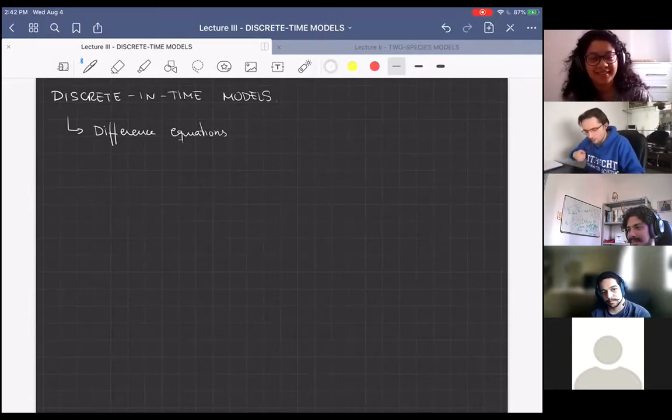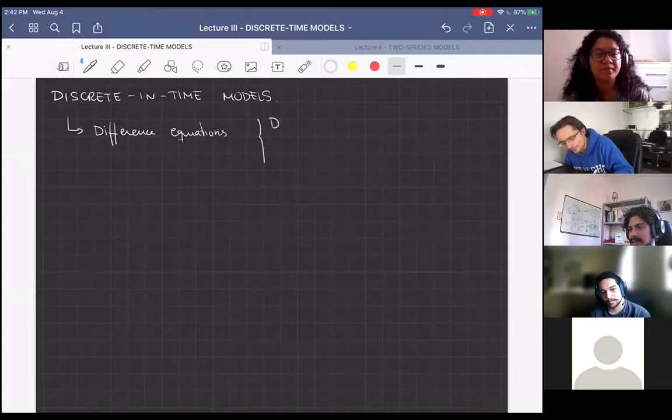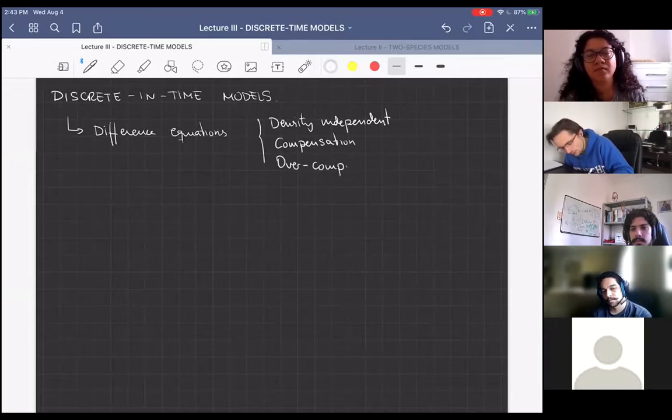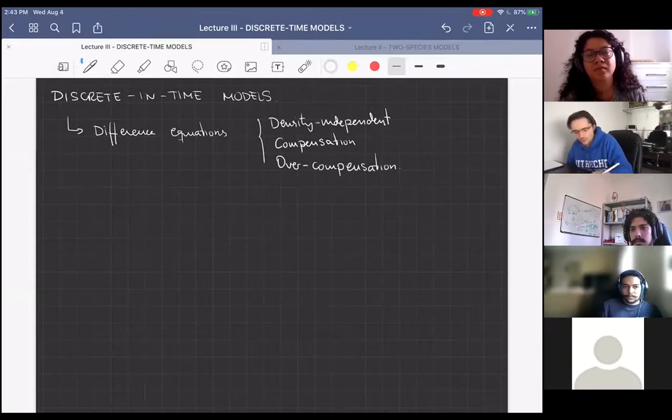So we are going to study 3 different types of reproduction. We're going to study what we are going to call density-independent reproduction, and we're going to explain each of them very carefully. We're going to study what I'm going to call compensation, and we are going to study overcompensation. These are just names so far. So the easiest one, number 1, is going to be